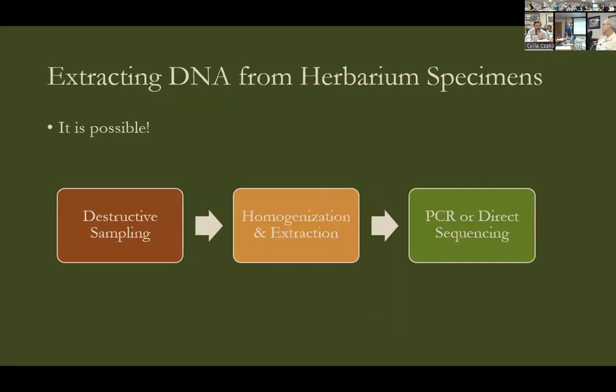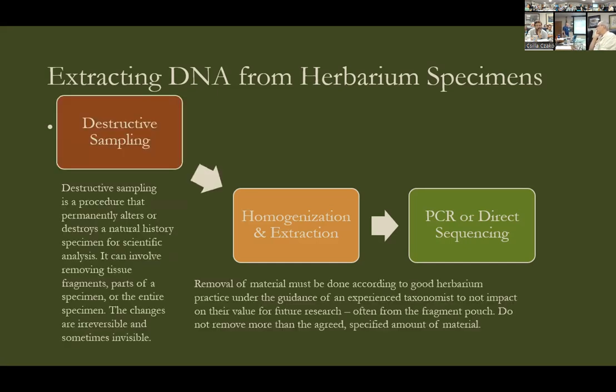So it is possible to get DNA out of herbarium specimens, although they are dried, and it's well known. There is some destructive sampling involved, and then there is homogenization and extraction. And without PCR amplification, one can sequence part or all of the DNA sequence, read that out, and do hypothesis-driven